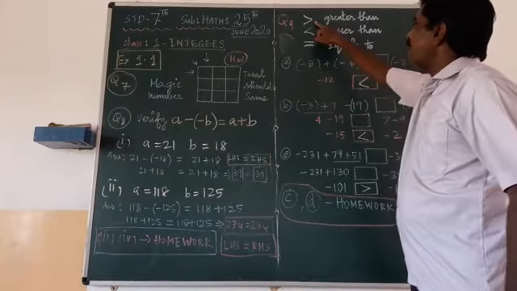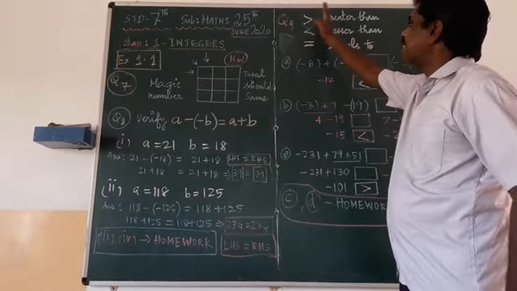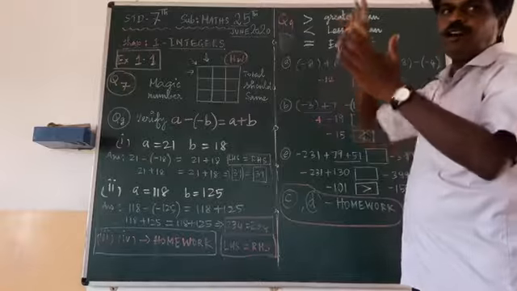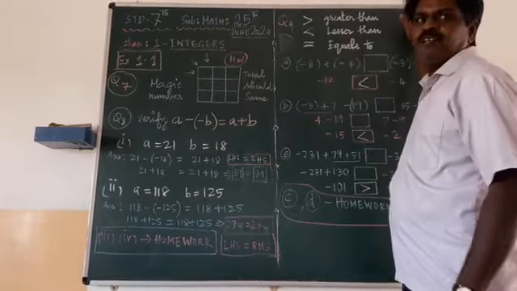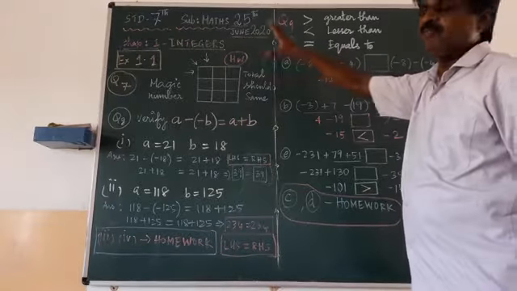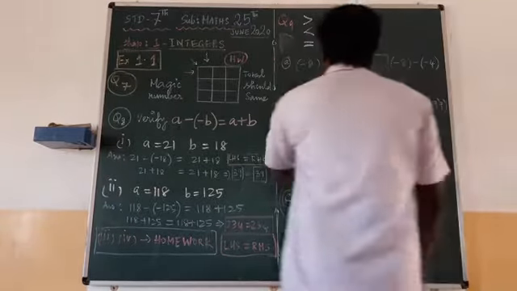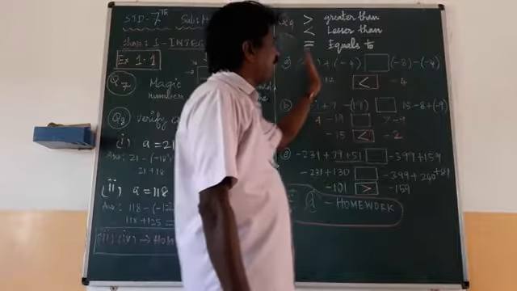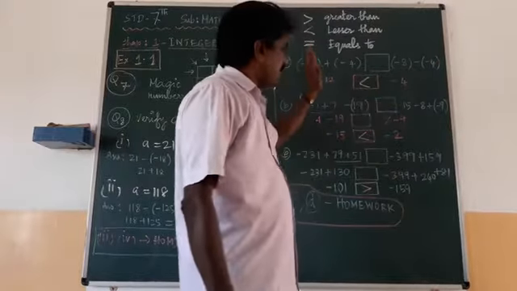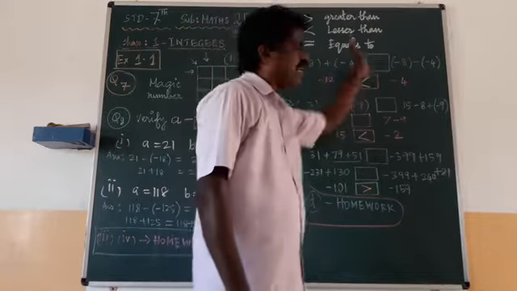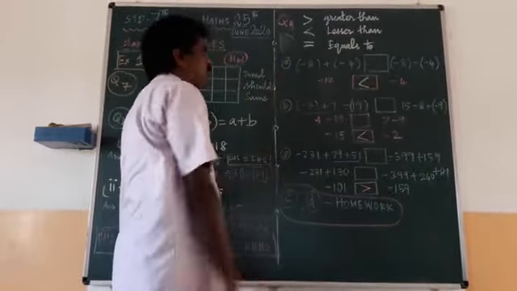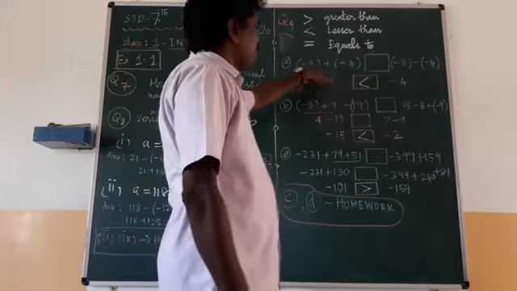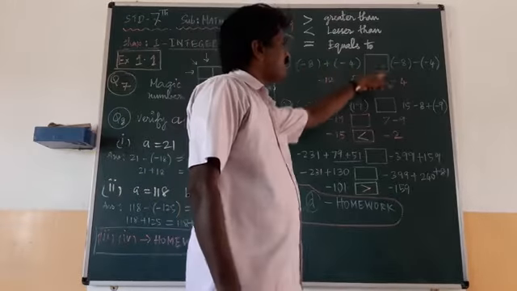Remember, this V shape indicating the right side means greater than. You have to always say the numbers from left to right. Don't say right to left. When a problem is given, tell the number from the left hand side to the right hand side: the left hand side number is greater than the right hand side number. Like that you have to compare. Let us take the first problem. Minus 8 bracket plus of minus 4, box is given.